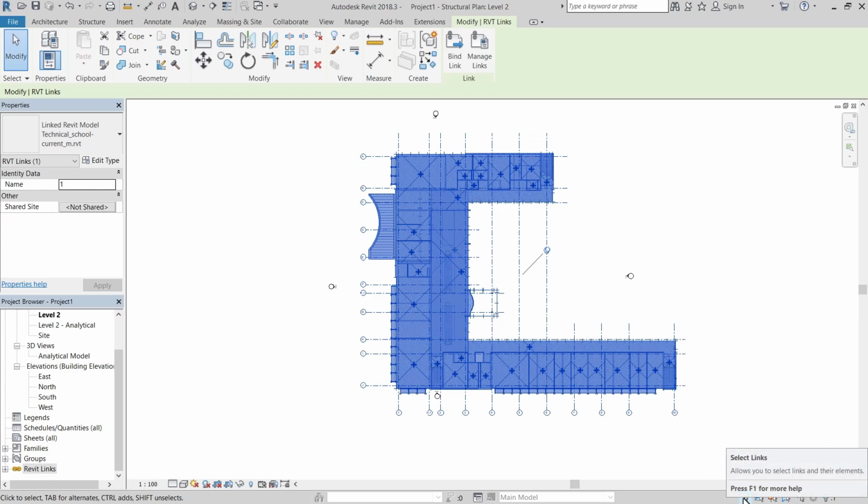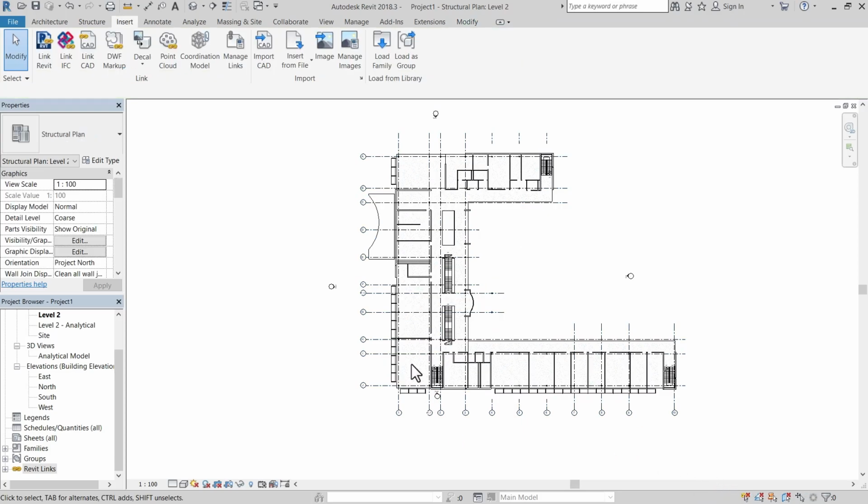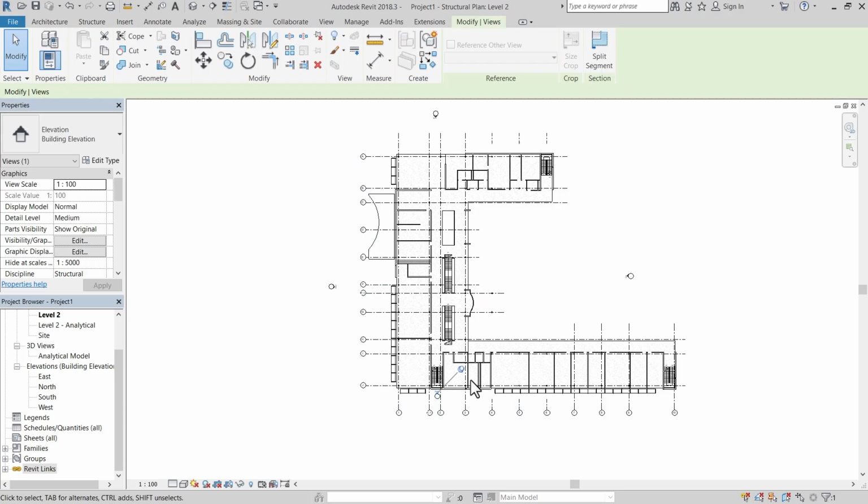There is an option for select links, selecting underlay elements, and you see a cross on some items. That means if we turn it off, it will display a cross and it will not select those items. So we have turned off selecting underlay elements. Now it will not select them, and now we can unpin it here easily.